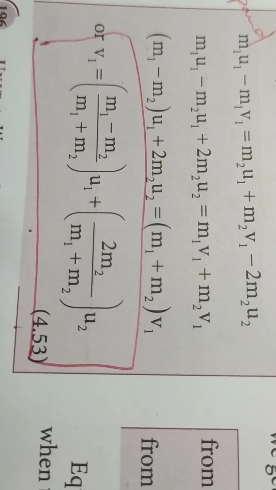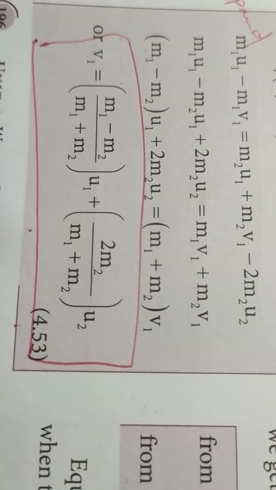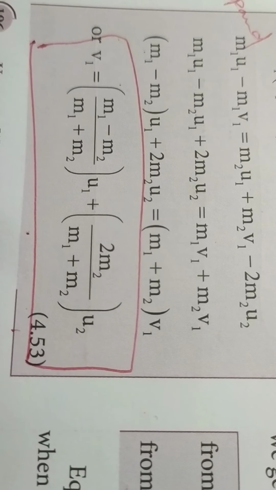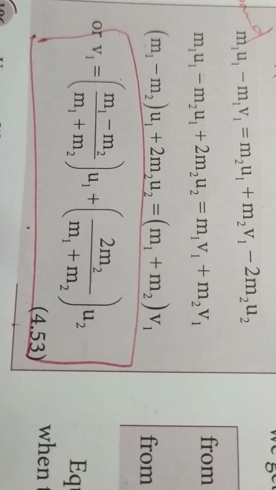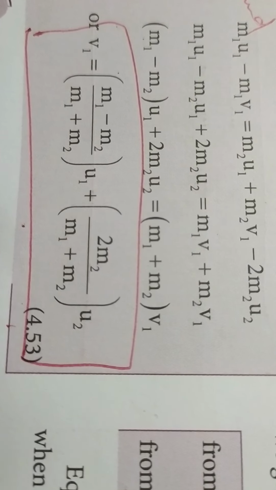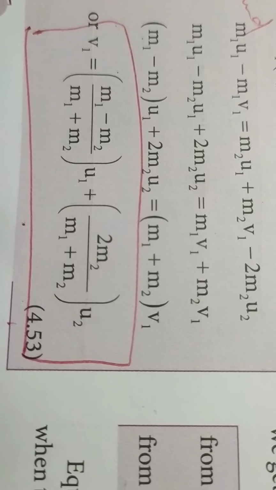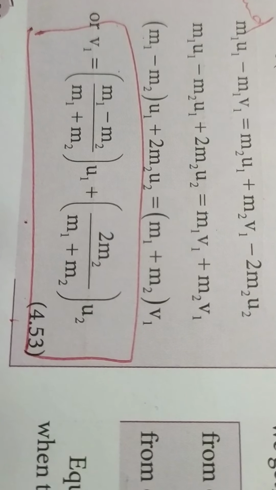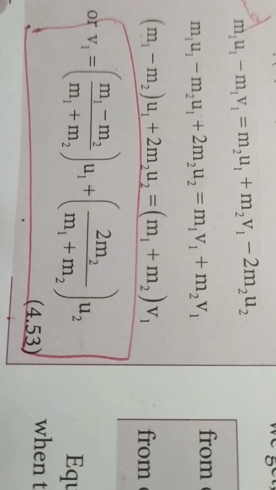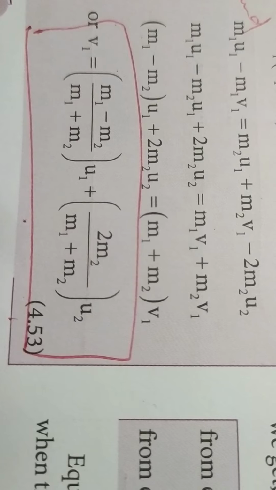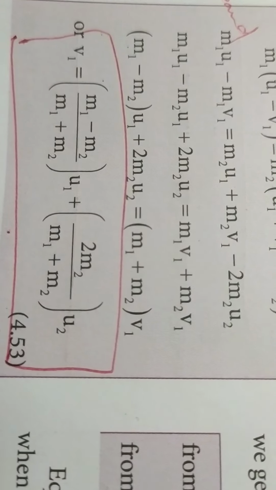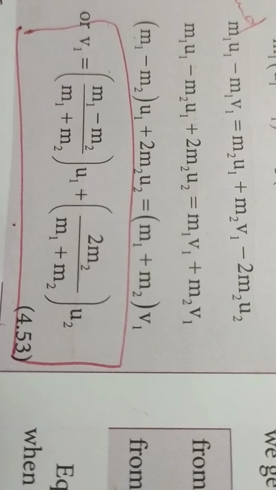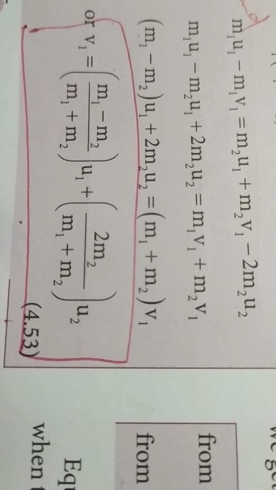So you make this equation as U1, U2, V1 terms. U1 is taken outside, and U2, V1. So from which you can find out V1. V1 is equal to (M1 minus M2) by (M1 plus M2) into U1 plus 2M2 divided by (M1 plus M2) into U2. Just we are rearranging this equation so that we are getting the final velocity of the first object